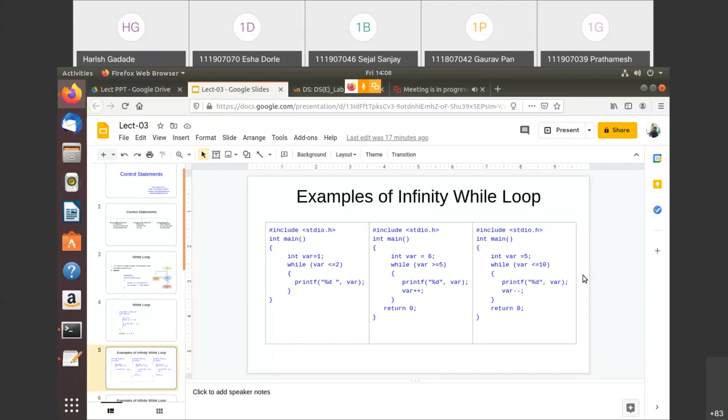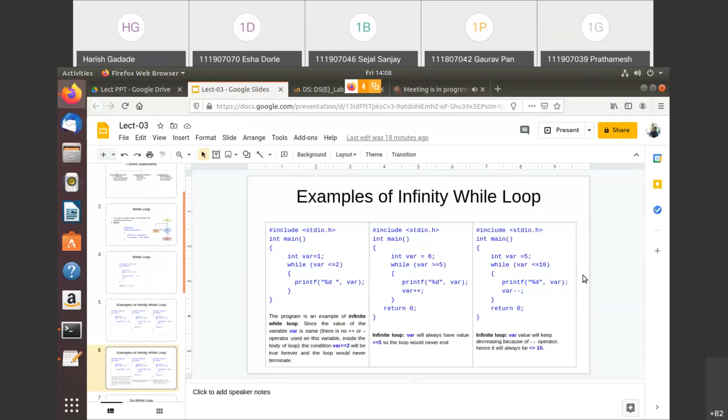We'll have some practice on this in the lab also, on while loop, for loop and do while loop. Here I have just taken one example along with hands-on. Now we'll move toward the do while. Someone asked, if the working is the same, then why do we have two separate loops? There is only one point, that's why we have do while and while loop, and the syntax is also somewhat different.